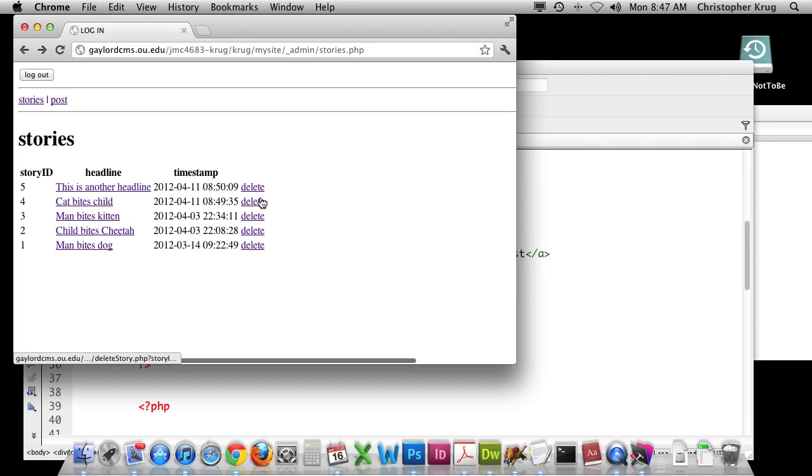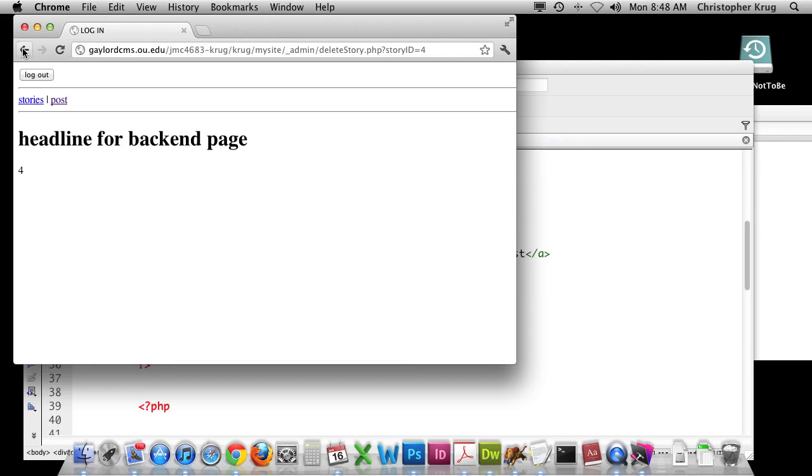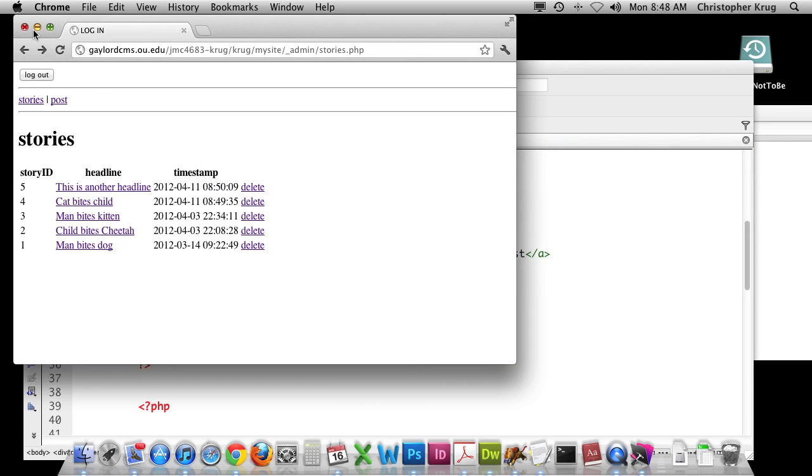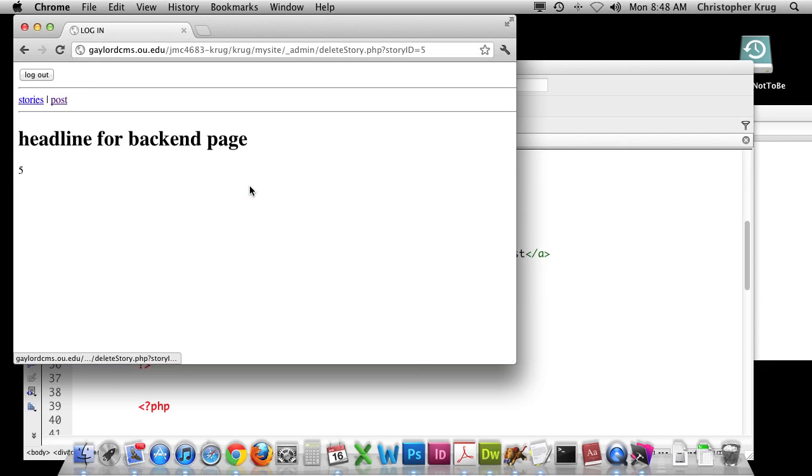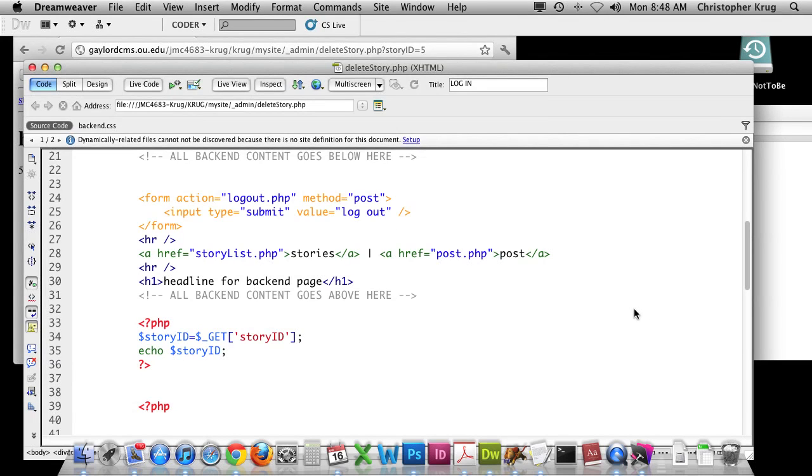So if I click on stories, delete story 4, 4, and so on. So now we've actually captured that story ID in the page, so we can start using that variable to do things. In this case, we're going to write some copy that says you're about to delete something. So I'm going to go ahead and create a paragraph here